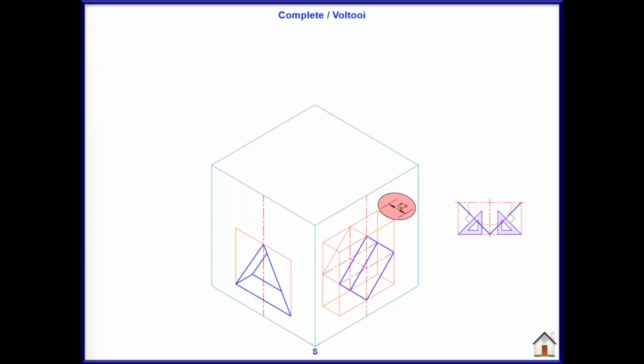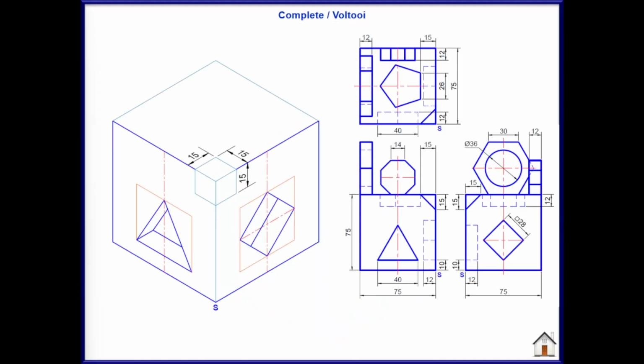Take note that my square has a depth of 12 millimeters. I will therefore use my 30-degree set square and transfer the points of my auxiliary view back by 12 millimeters towards the back of my isometric drawing. My center line therefore will also move back by 12 millimeters towards the back of the isometric drawing where my auxiliary view is placed. That will then mean that my square will move back 12 millimeters towards the back of my isometric drawing. That will help me to complete the square in the right view to see what will be visible and what will not be visible. Next, we will look at the chamfered edge on the cube.